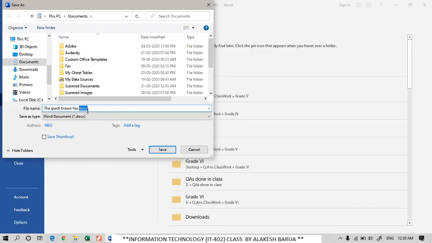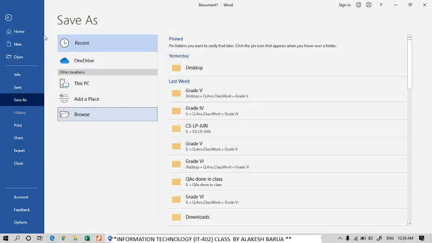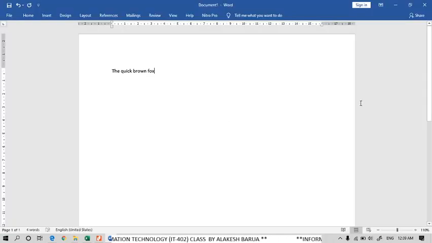docx, remember, docx means Microsoft Word document. Now there are many versions of Word. There is Word 2010, there is Microsoft Word 2007, and there are Word versions before that. Now if you want your document, whatever document that you have created, to be compatible to the other versions of